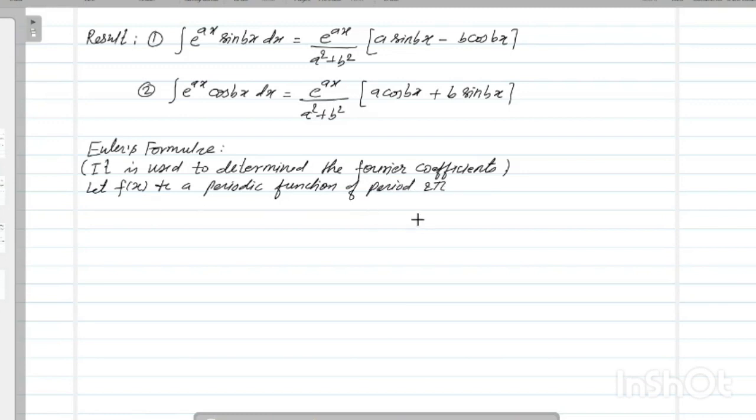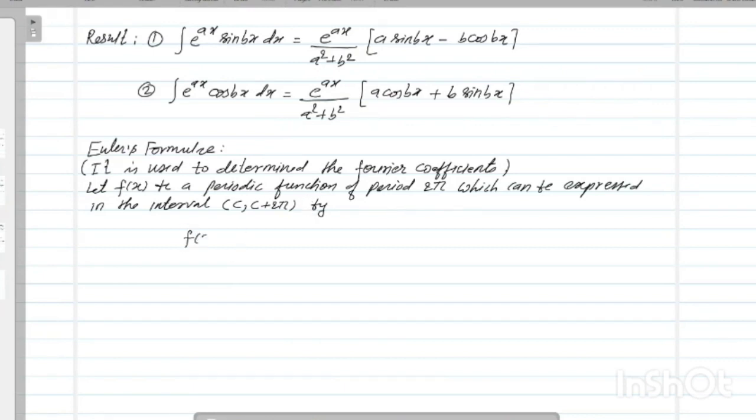If f of x is a periodic function of period 2 pi, which can be expressed, or you can say represented, in the form of a Fourier series in the given interval c to c plus 2 pi,